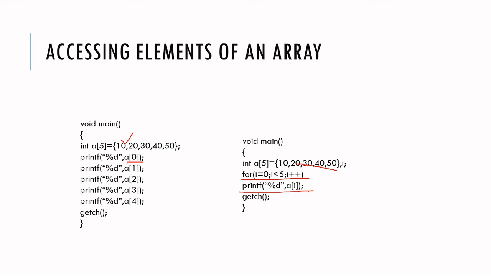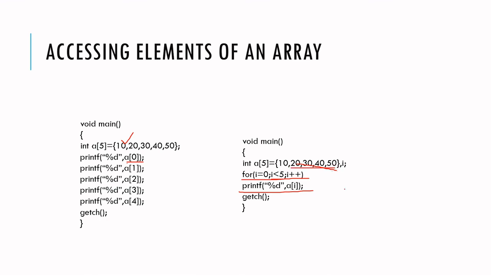So it means first the for loop counter variable will be initialized as i is equal to 4. By that time 50 will be printed, then i is equal to 3 means 40 will be printed. When i is equal to 2, 30 will be printed. When i is equal to 1, 20 will be printed. When i is equal to 0, 10 will be printed, because the condition given here is i greater than or equal to 0. If you give the condition as i greater than 0, it will just print the elements from 50 to 20 only. That's all.